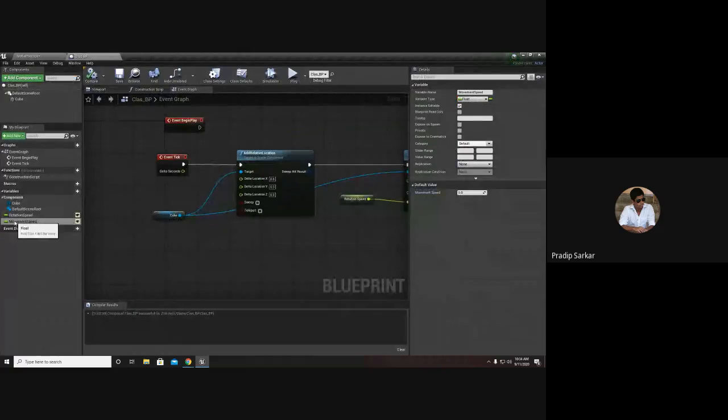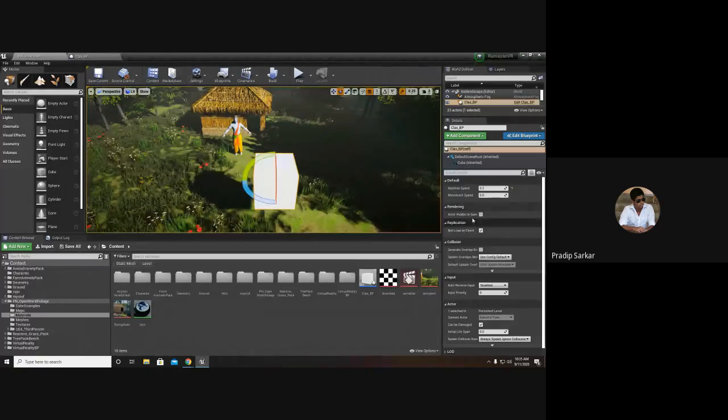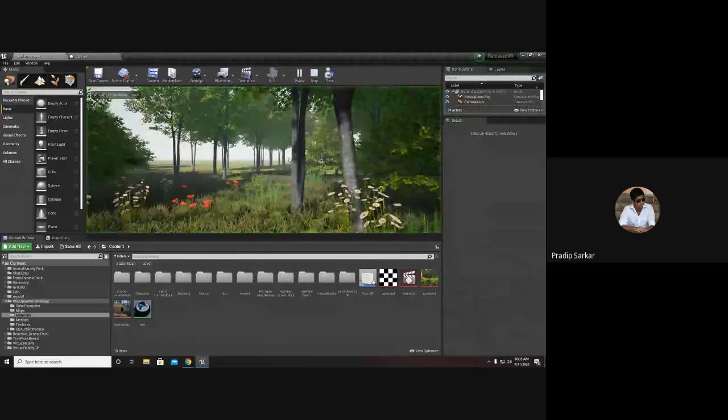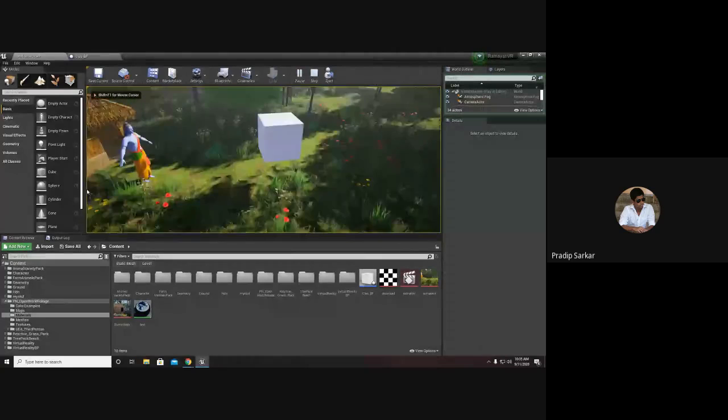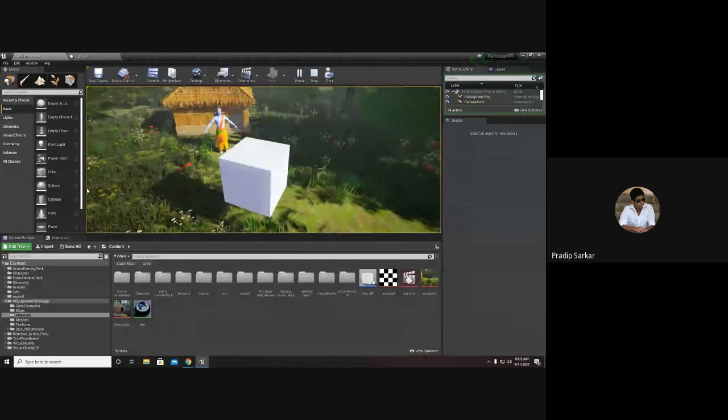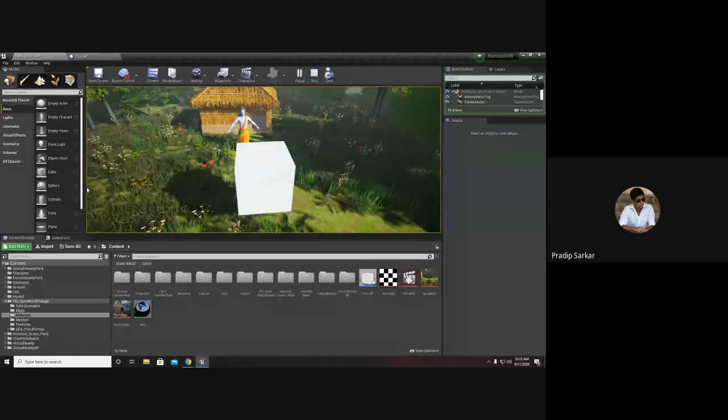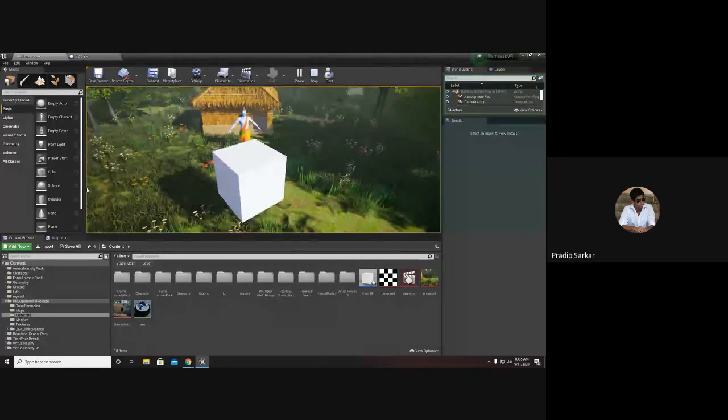Now I have to connect the rotation speed to any of the axis that I want. Z is up direction, so I will give it a movement in the left direction. So compile and save. Now this time if I add 0.1 and play, this time the cube is rotating and moving in x direction.